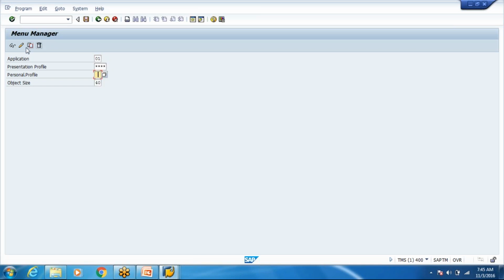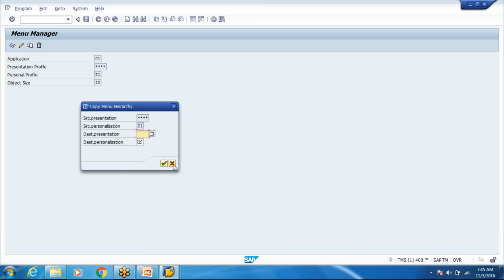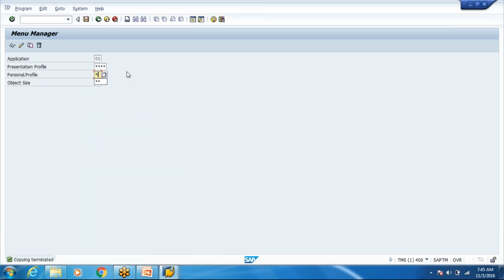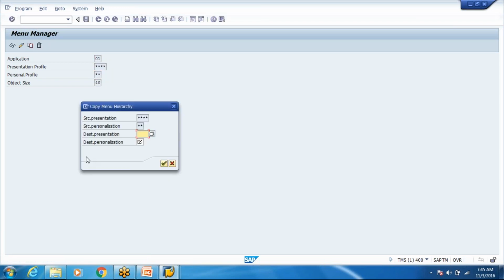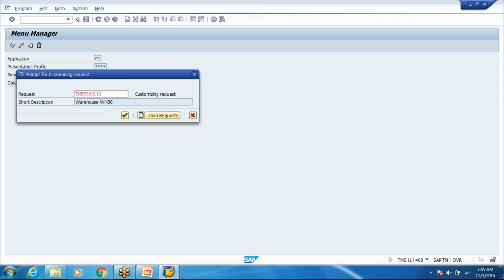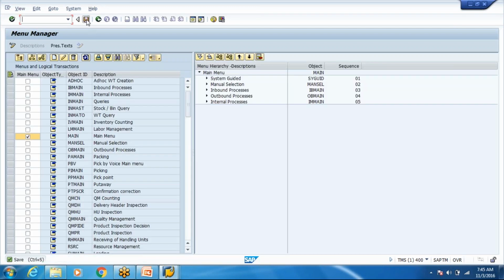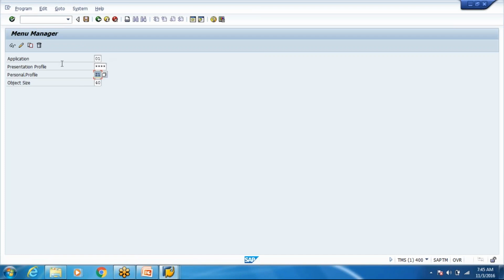So what I can do is I'll say copy as, let's say copy from star star. So I'll copy all the menus from star star into Z1. So now I can see all the menus over here since I have copied all the configuration.